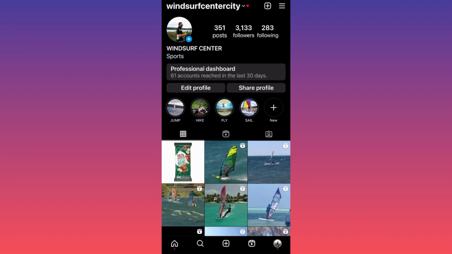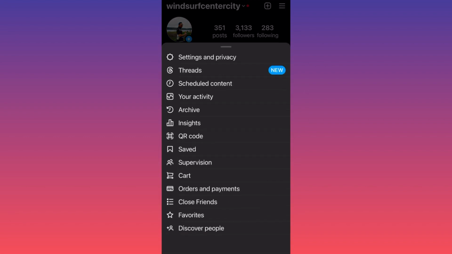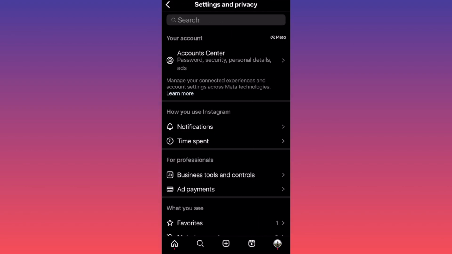What else can I show you guys over here? If you come over here on the upper right, you see the 3 straight lines. This is the settings menu. This is where things are getting a little more interesting. Everything, or most of it, appears to happen on the settings and privacy. You want to click on settings and privacy. This is where you're gonna find